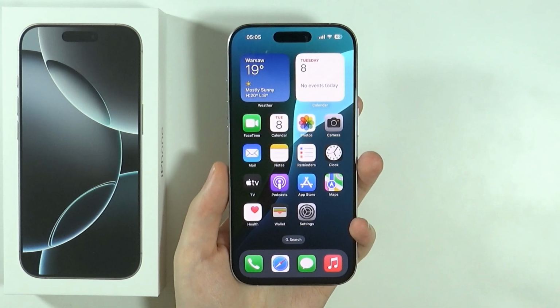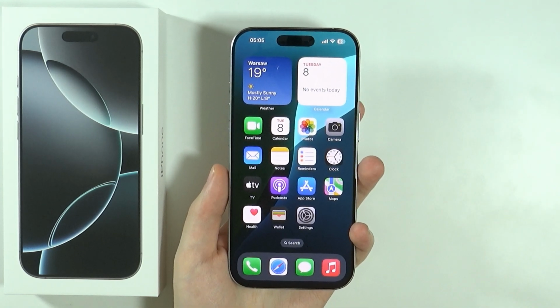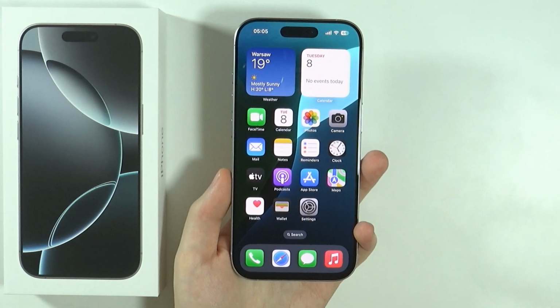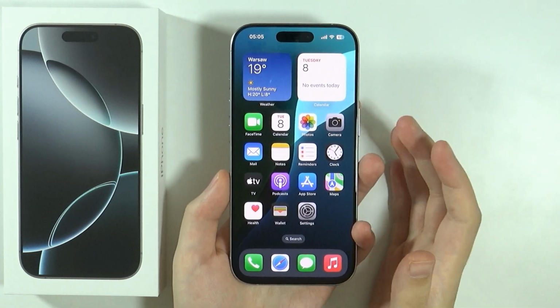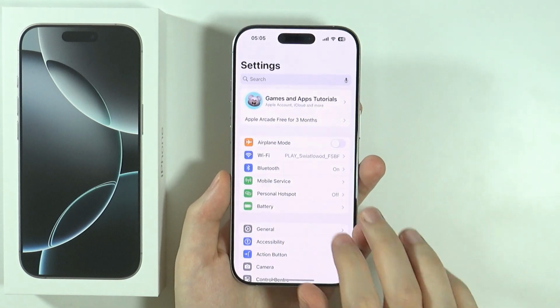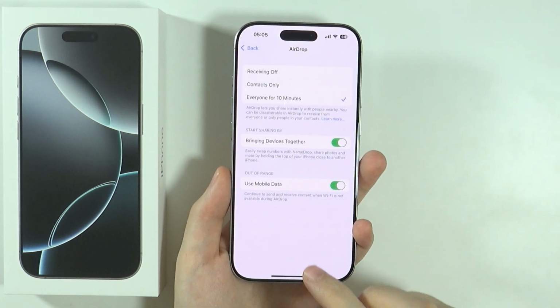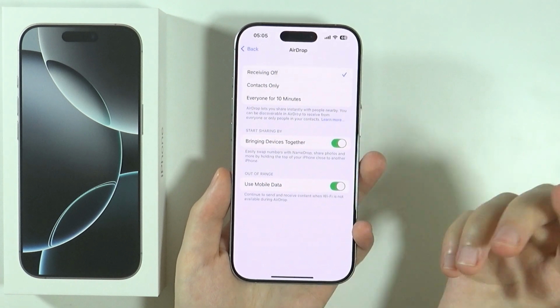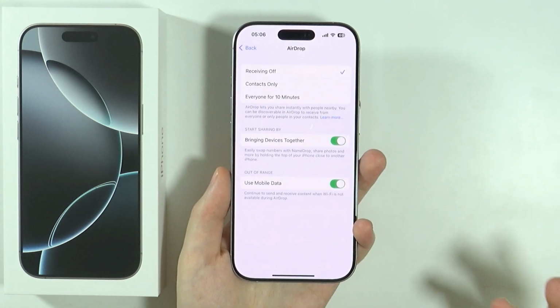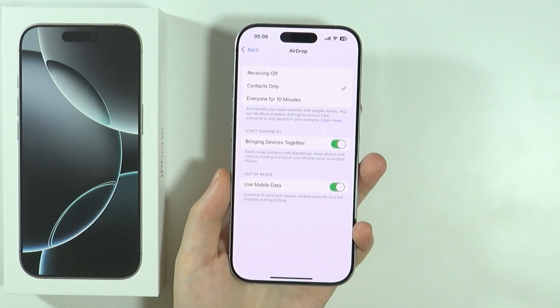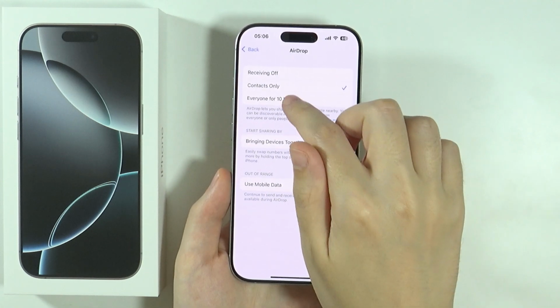Hello, in this video I'm gonna show you how to turn on and off AirDrop on iPhone 16 Pro and Pro Max. In order to manage AirDrop and enable it for contacts only or for everyone, we can open the settings and go to the general. Then over here you can choose AirDrop, and over here at the top we can choose receiving off so that the AirDrop is disabled. We have contacts only, so only contacts can share data with us, and of course everyone